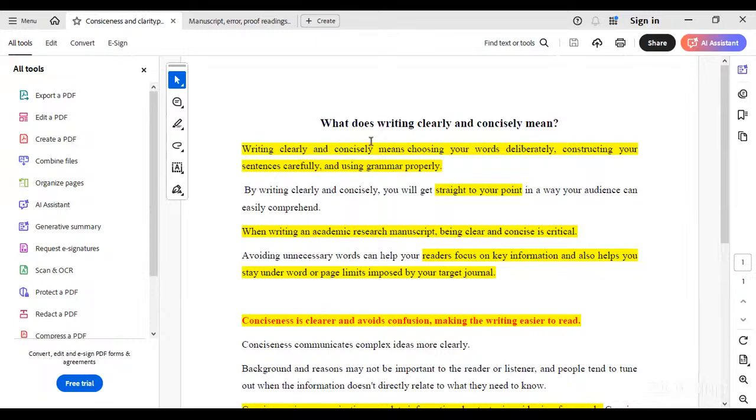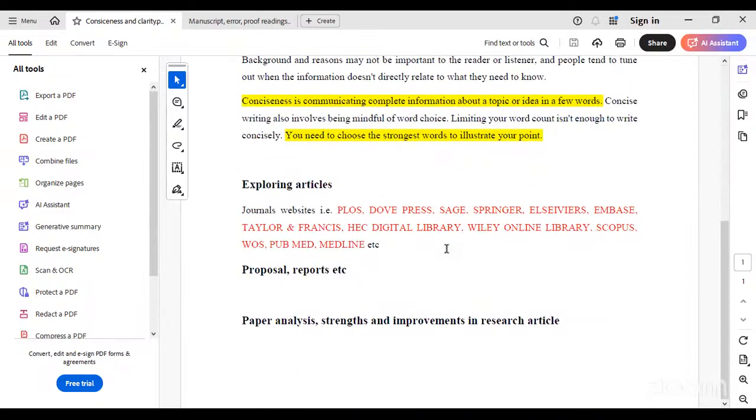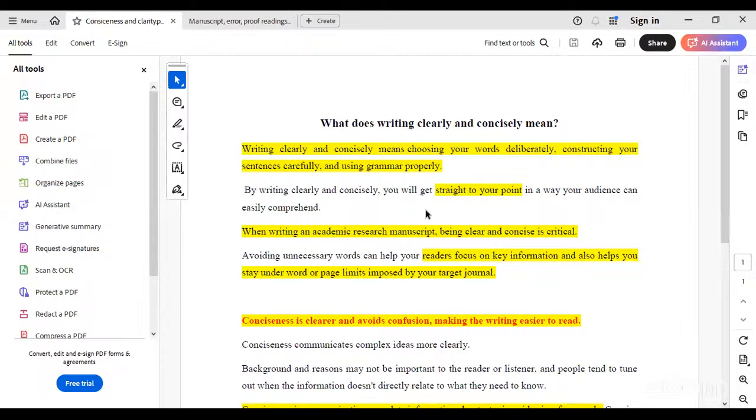What does writing clearly and concisely mean? Writing clearly and concisely means using your words deliberately, constructing your sentences carefully and using grammar properly. I just filed this today to clarify, because many of the students attending this lecture are undergrad students. So the understanding of the undergrad students is